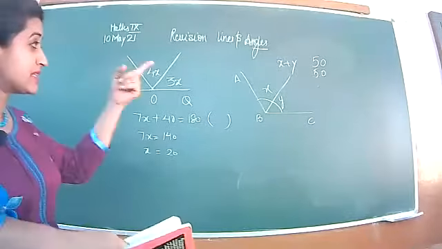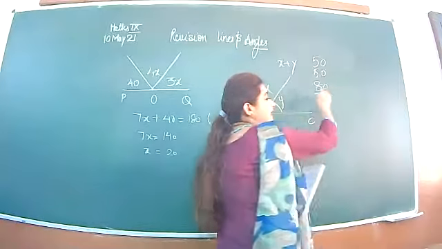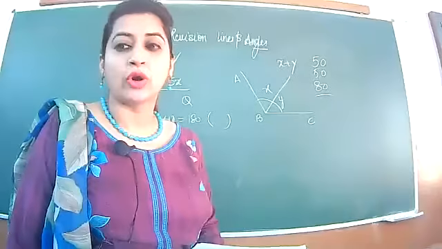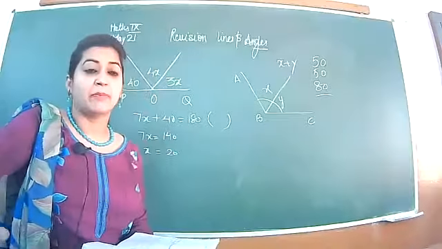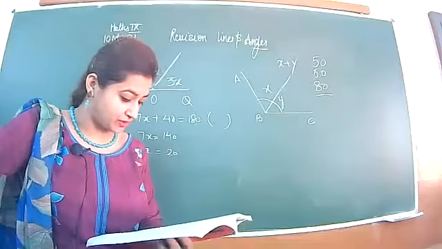No. As you can see, I have written the example 50, 50. So the third angle is 80, which is more than 60 degrees. So all the angles will not be less than 60. They can be 60. But in the question, they have asked less than 60. So the statement is false.